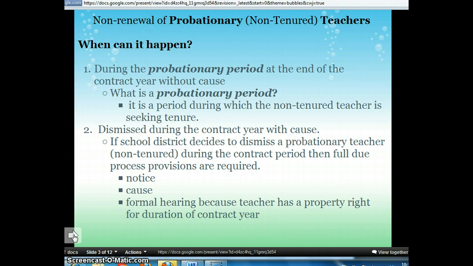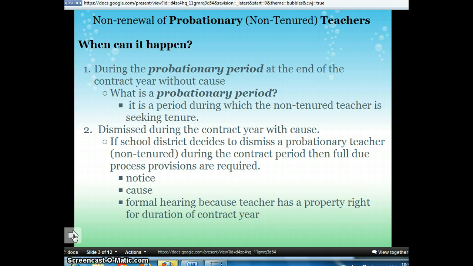Non-renewal of probationary teachers. When can it happen? It can happen during the probationary period at the end of the contract year without cause. What is a probationary period? It is a period during which the non-tenured teacher is seeking tenure. It can also happen that a teacher can be dismissed during the contract year with cause. So the two differences there are after the end of the contract year without cause, during the contract year with